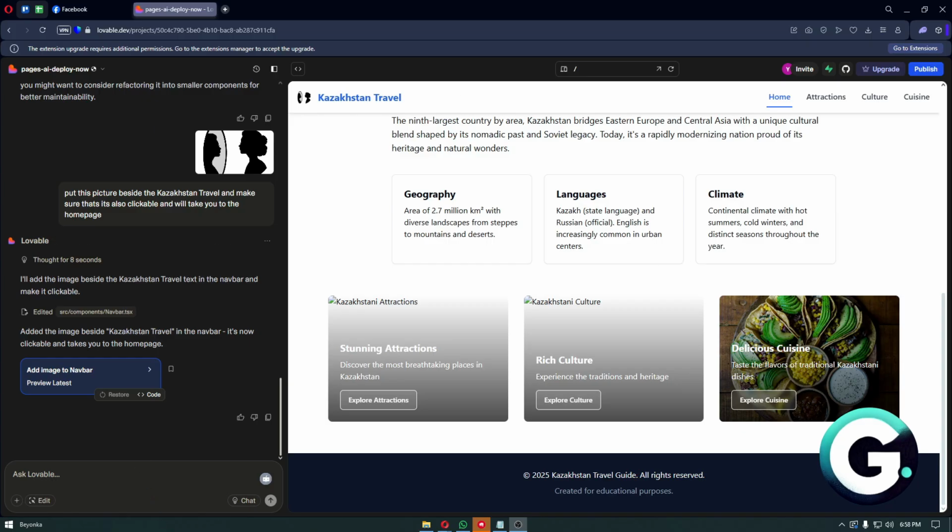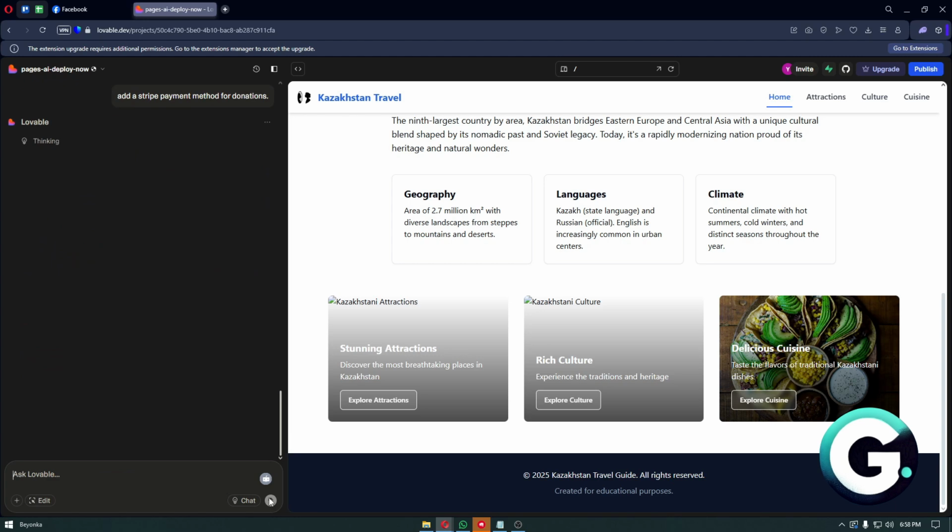Now to do that, it is extremely simple. You just want to type something like "add a Stripe payment method for donations," or you can put something like "add a Stripe payment as a payment method for the marketplace" if you're building something like a marketplace for your web page. But in my case, it's going to be a donation since this is only a web page on which people could visit. So let's hit the send button, wait for Lovable.dev to do its thing, and from there we